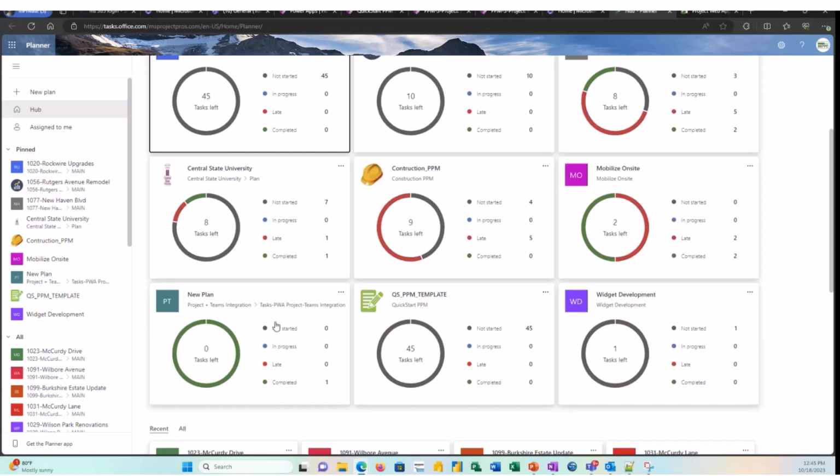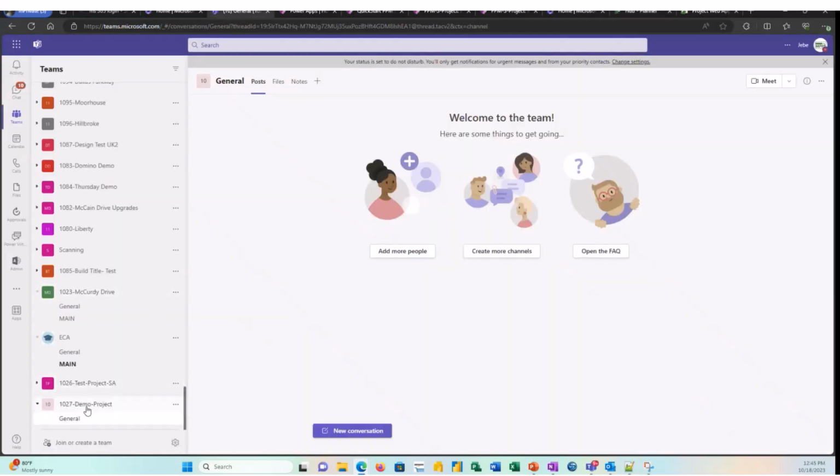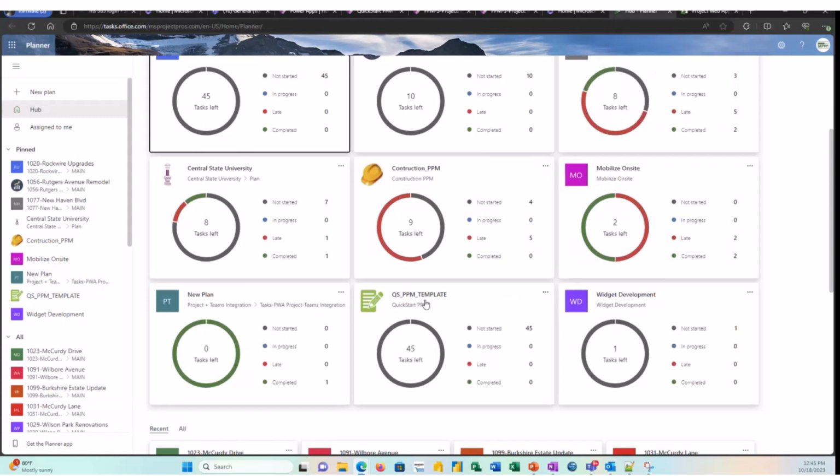Because we already have the team, right? Remember the team that we looked at earlier? I'll just navigate back to it so you recall the name, this 1027 demo. When I go into the planner plan and I come here into planner, I can click on this and say, I'm going to copy this plan. So the idea would be you would have a planner template that you're able to use in conjunction with your project schedule. Now, those don't conflict with each other because a lot of times